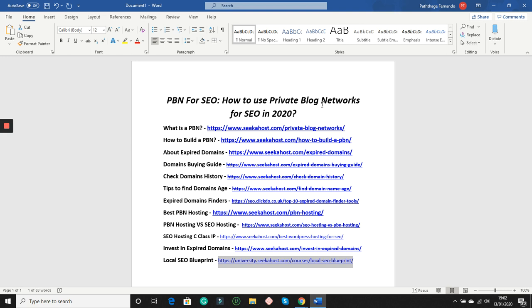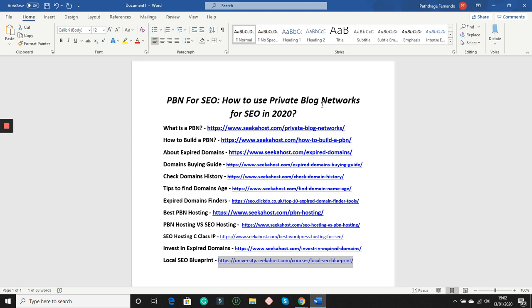Just think like that. Don't think private blog network, just think like a blog. How would you build a blog about dog walking? You talk about dogs, dog walking tips, the types of dogs. Same thing. If you want to rank for an SEO agency, whatever the city, you build PBN blogs which talk about SEO. Look at the UK SEO blog,